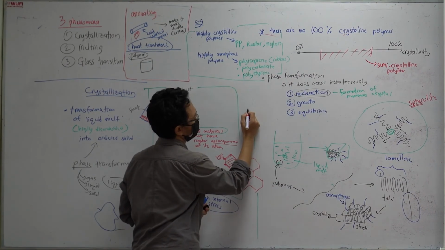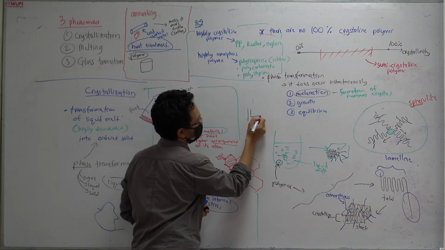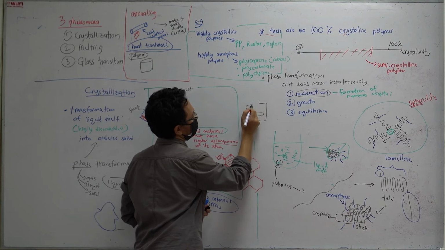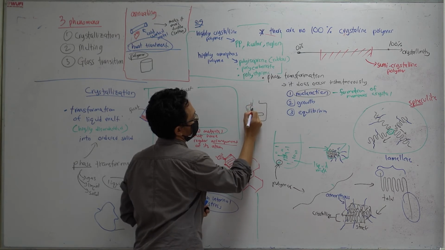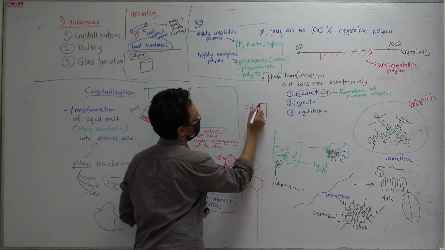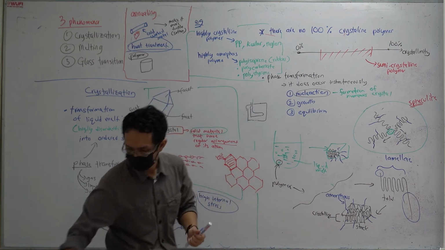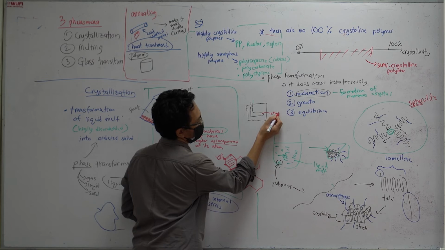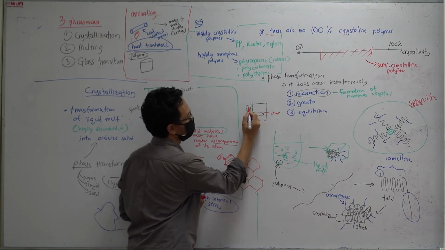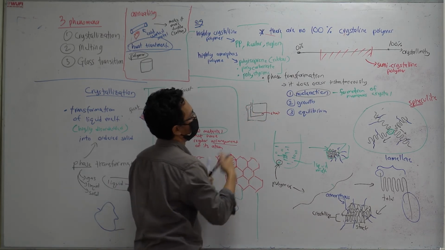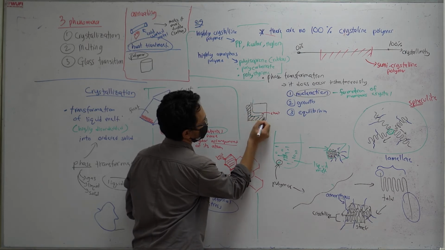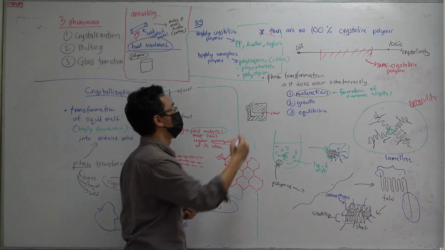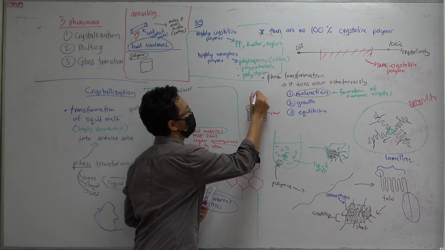So let's say you have this chair. Let's say I draw the chair like this. Let's say this is a chair, meaning that there's a hole. So this is basically the mold. So basically what they do is they pour the melt polymer